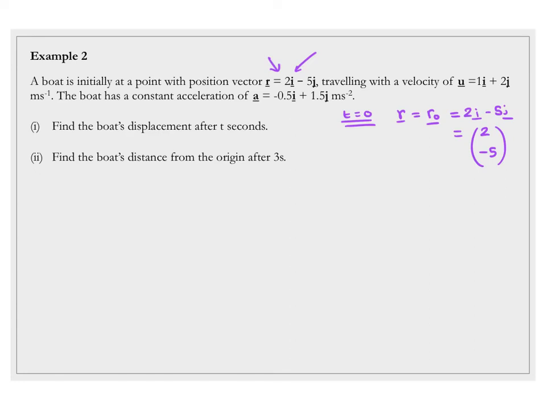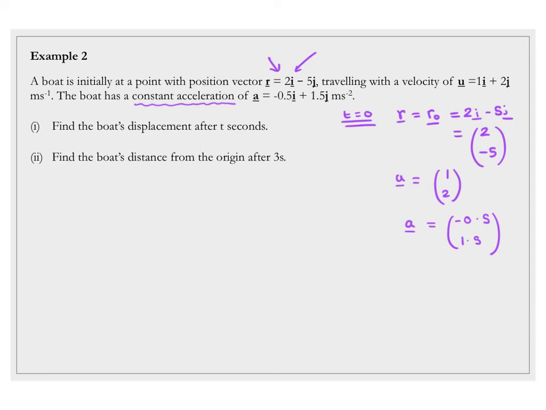Now we know its initial velocity is (1, 2), and we know it's got a constant acceleration, and that's important, which is equal to minus 0.5i plus 1.5j